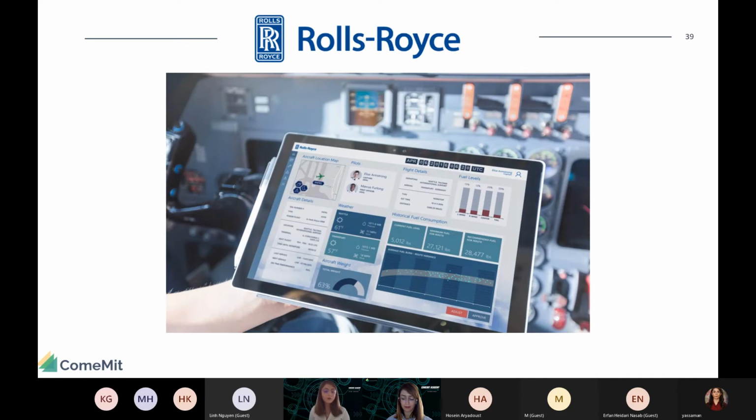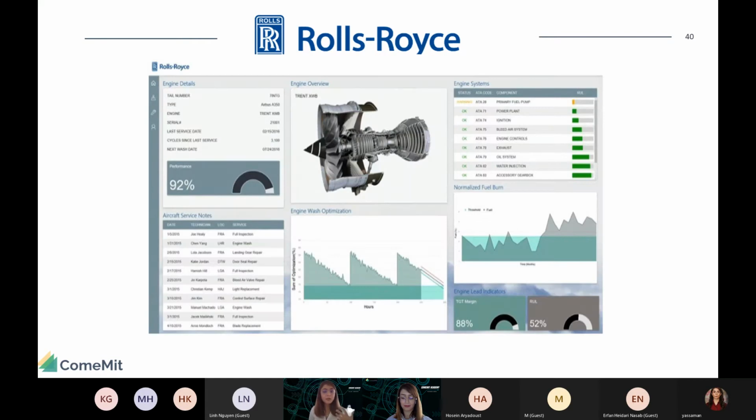They can have an overview of, okay, what was where and who was doing what and what can I do next. So this is quite interesting and very powerful in my opinion.